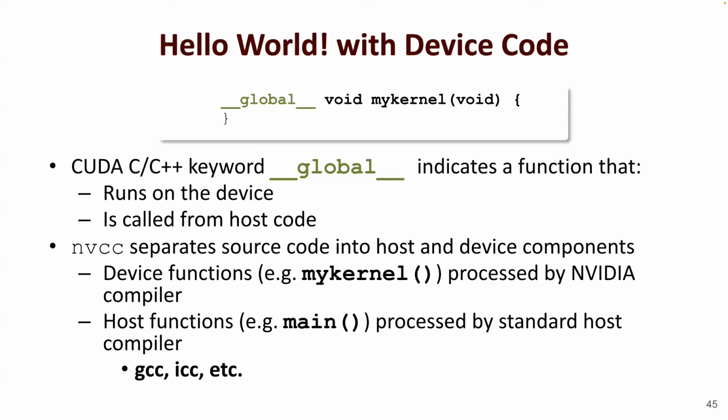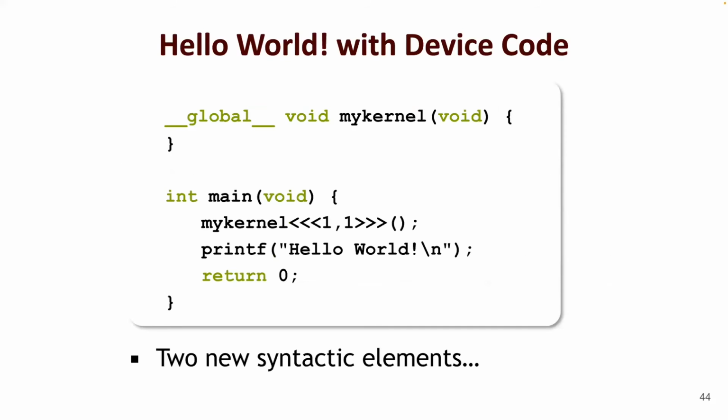So my kernel is a kernel function, and then the host function here is a main function that I'm showing here. So this one is a host function. If you don't put an underscore host in here, that's by default it's a host function. So main here is a host function,